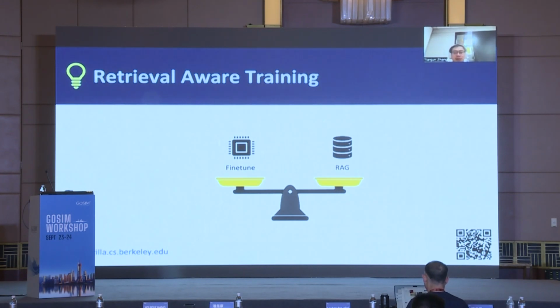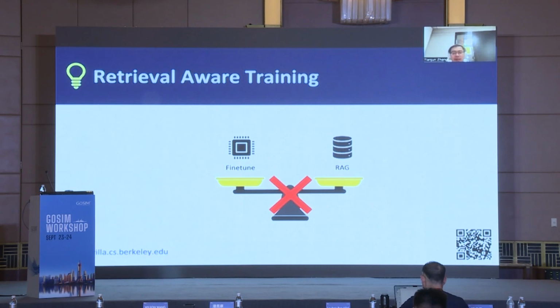So here is how RAT is actually working. We don't want to do fine-tuning because fine-tuning would simply just teach the model to remember all of the information from your personal data or from your company's enterprise private data. But instead, we also don't want to do RAG, because in some of the cases, it's not super reliable. So we choose to combine them together.